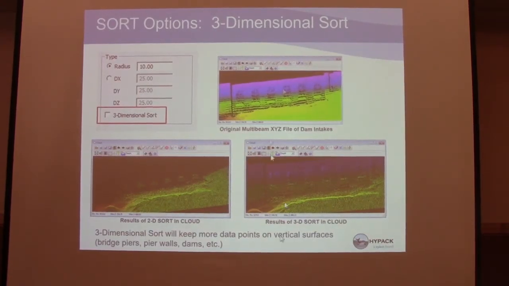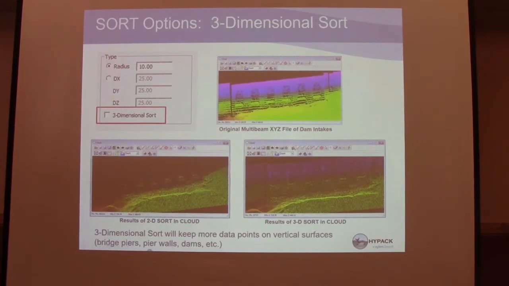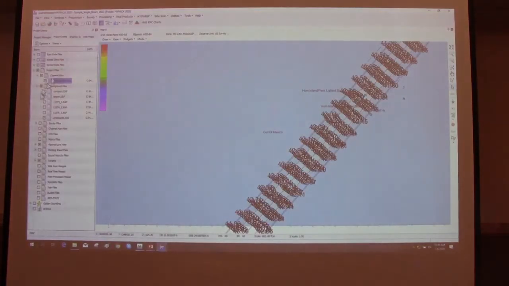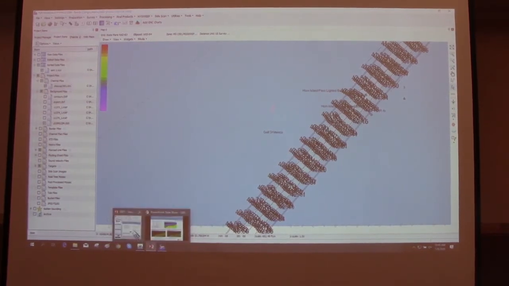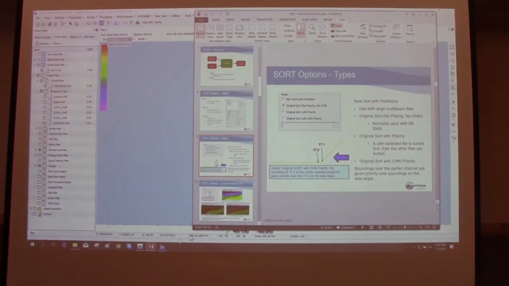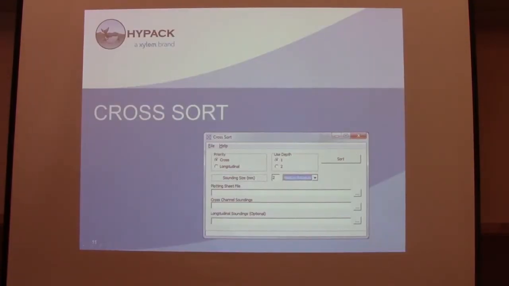Any questions on the sort program? So again, it's XYZ data that gets saved, and that just gets saved right in the sort folder. Keep hitting the wrong button. Let's try that. Okay. The next one is the cross sort program,